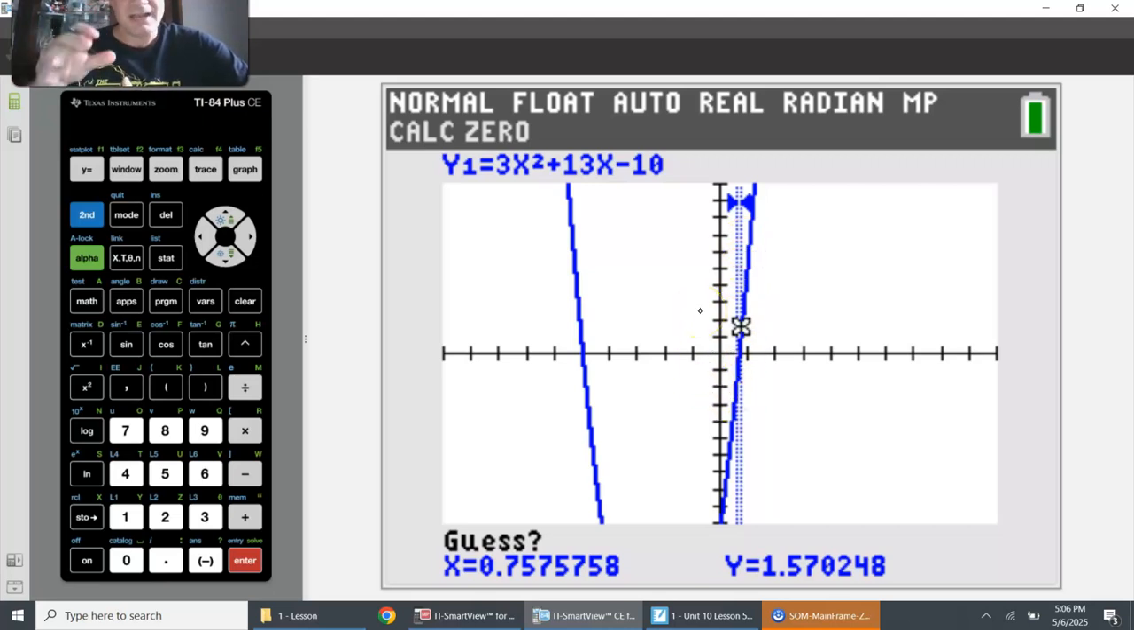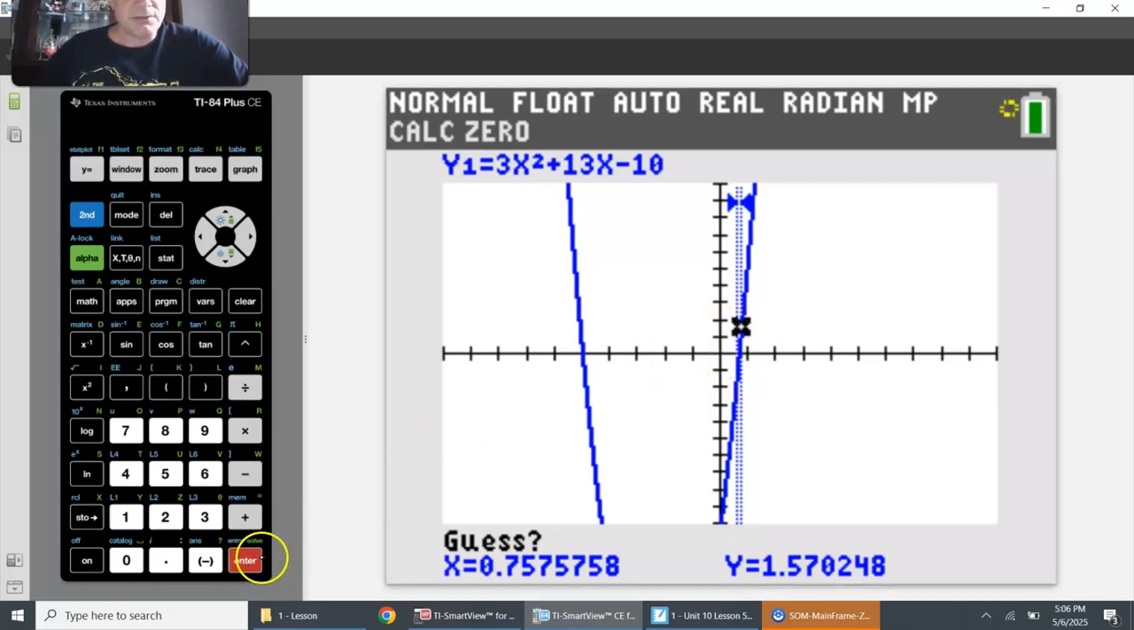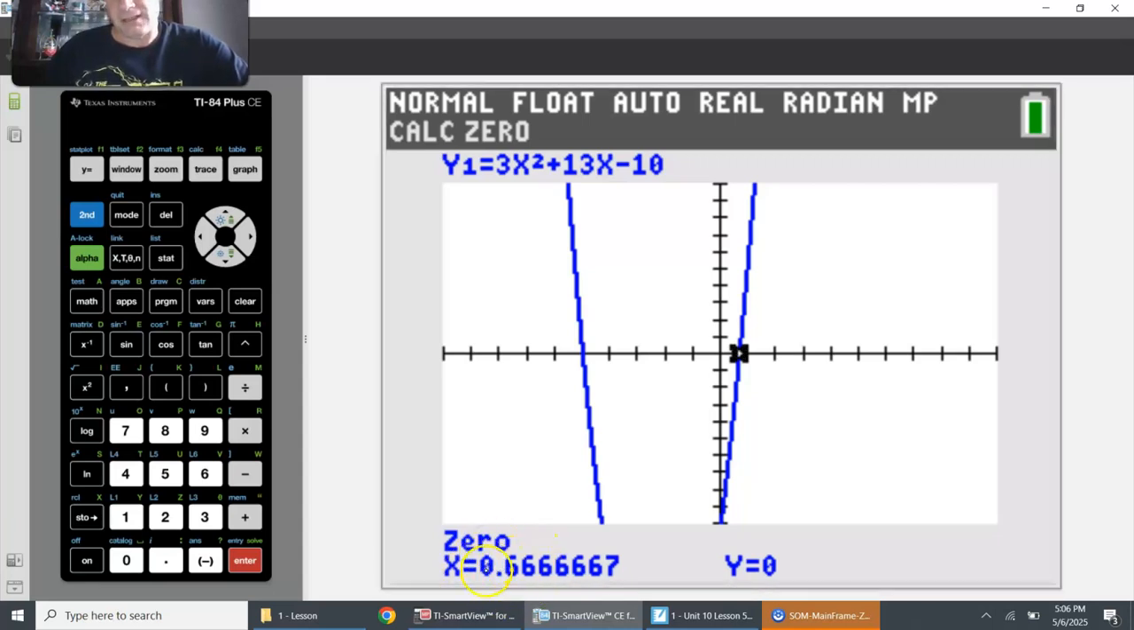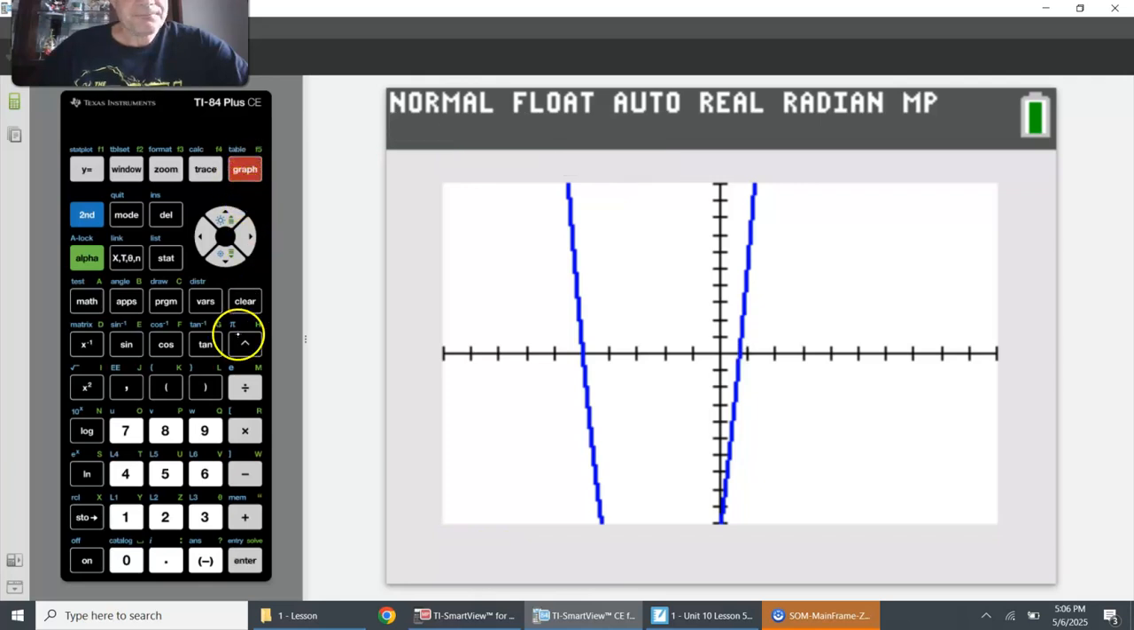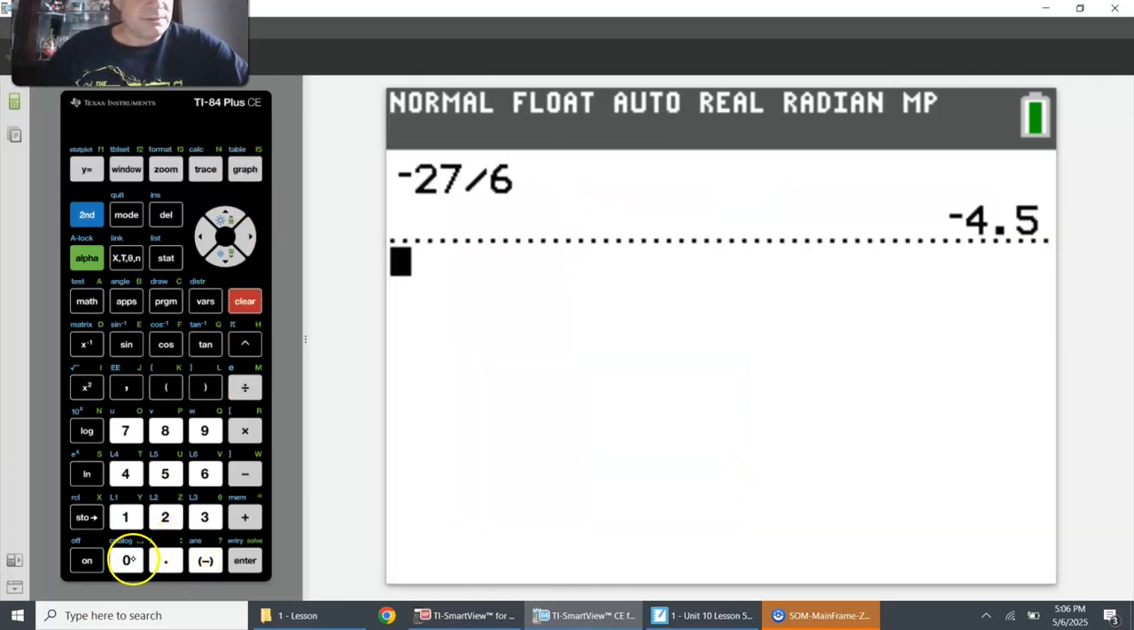Now it's going to give us what that root is, from where I stopped it below and stopped it above. Now it says guess. You press enter one more time. There is the root. So if you take 0.666666, that is 2/3. If you didn't know that though, let's just say 0.66666666, and you wanted to change it to a fraction, just remember you press